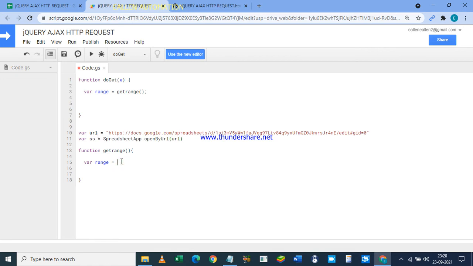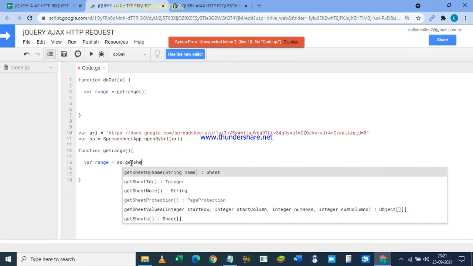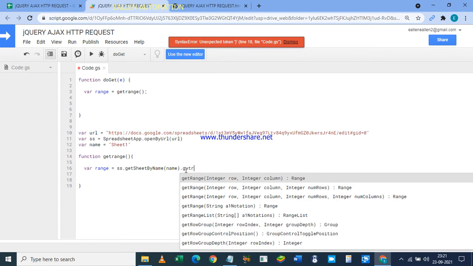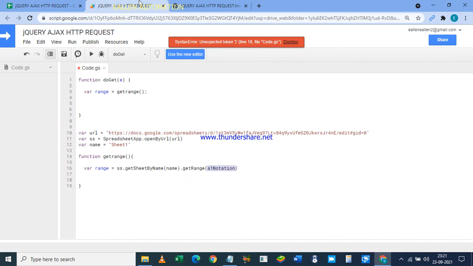Then SS dot get sheet by name, variable name is equal to sheet 1 dot get range. I'm taking an A1 notation, so A1 to A7. I'm not going to make it dynamic. I can make it dynamic later on, but right now